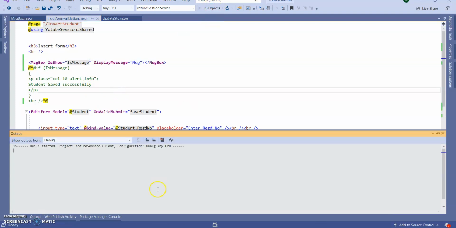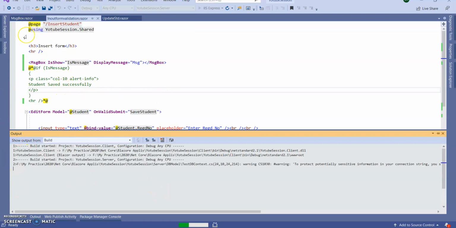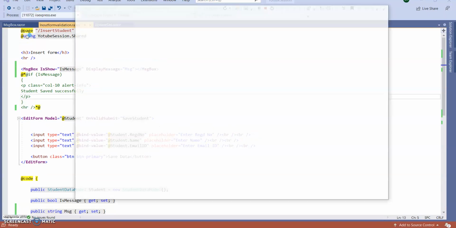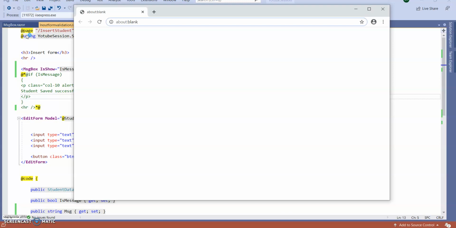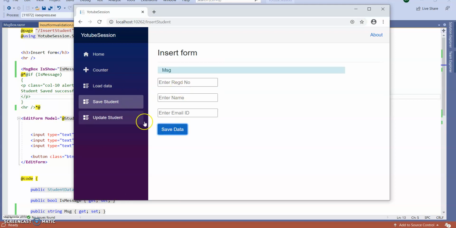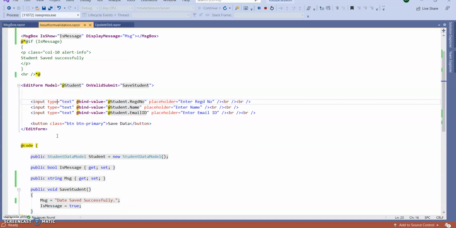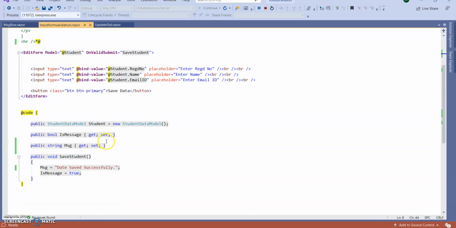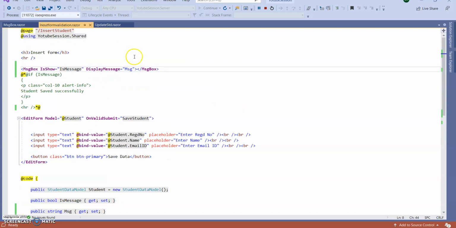Run the application and we can see we can dynamically pass this message to our reusable component. Click on save student. Okay, something is wrong. I need to give @ here.